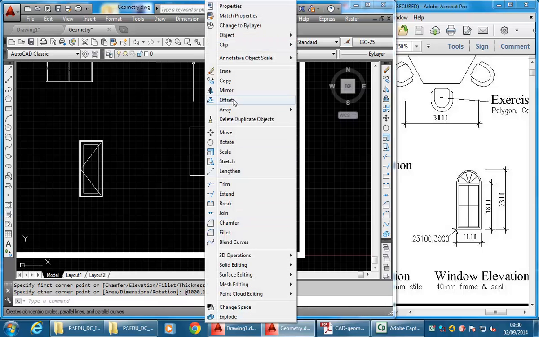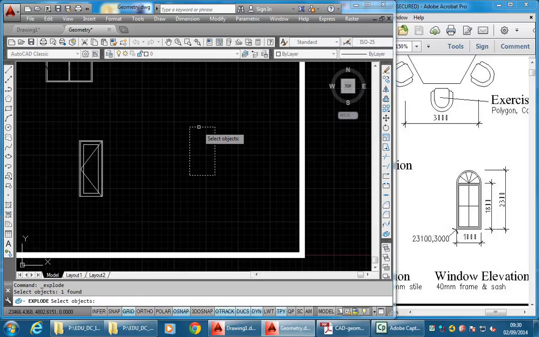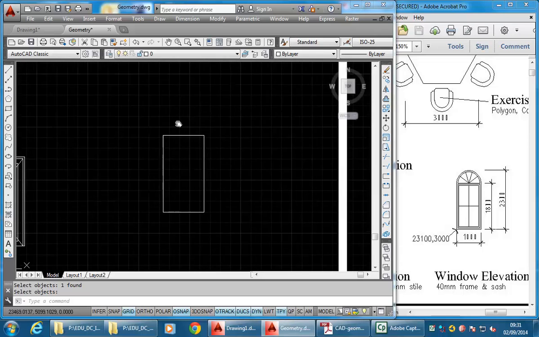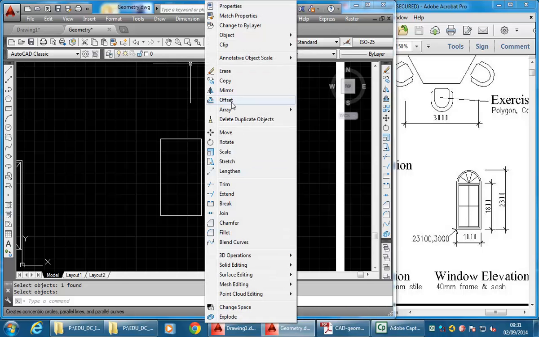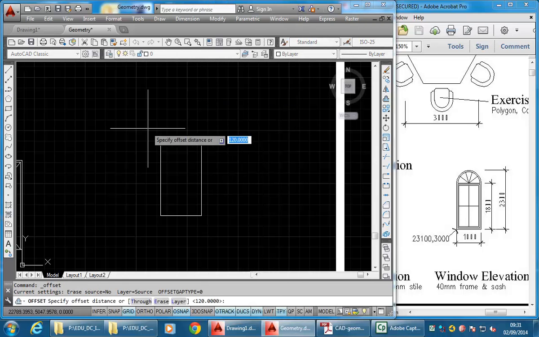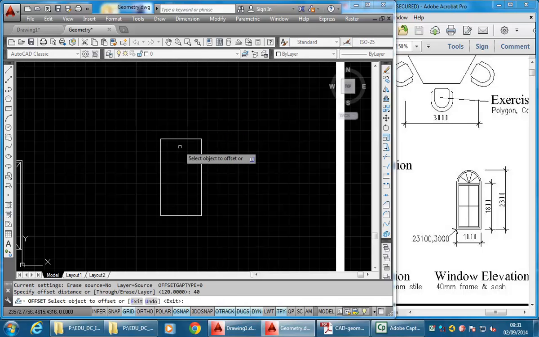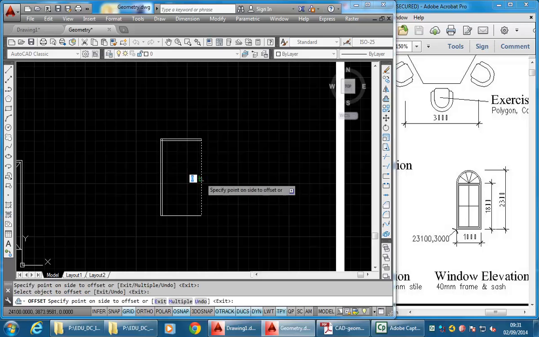and then with offset, with explode first. I'll explode this again, and I'll just select that rectangle, enter, to make it separate lines, and then offset the parts that I want. So with offset this time, we've got a 40mm again window jamb going inside each of those lines,